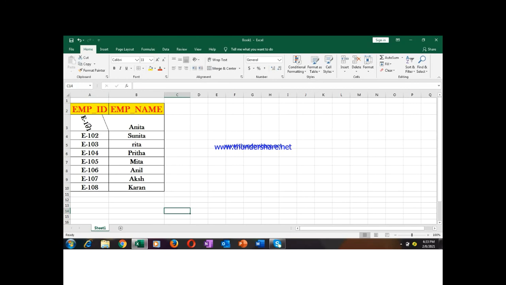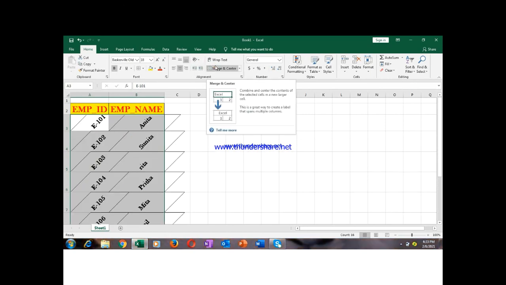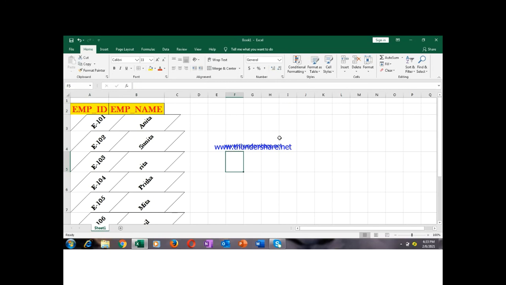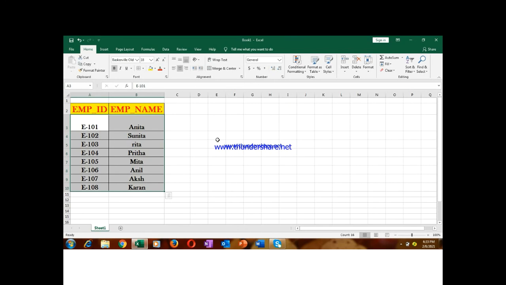If you want, you can change the text orientation also. See, if you want, you can change all the text orientation counterclockwise. Again do it. Now it will be changed. So can you see? Is it looking nice? For us this time it is not looking nice, so we are not going to do it. So let me again press this button. The orientation will be removed. Okay, so now you understand what is orientation, what is alignment.